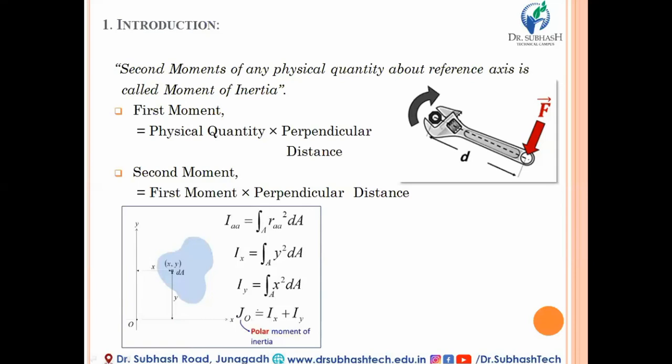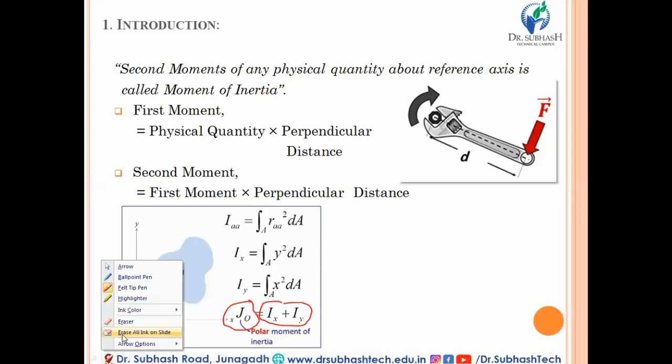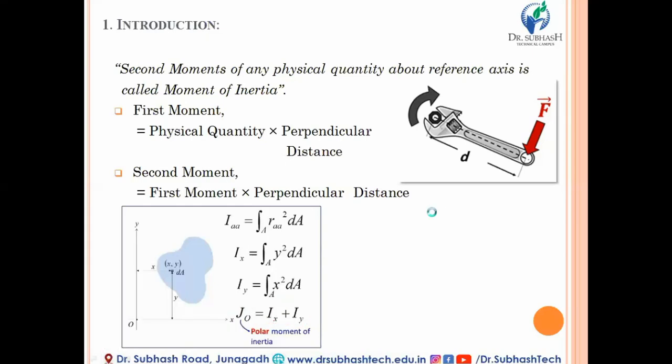And over here, suppose you require to calculate the moment of inertia about an axis which is perpendicular to axes x and y, that means the z-axis. So it will ultimately become the polar axis. The moment of inertia about the polar axis will definitely become the summation of the moment of inertia about the x and y axes. So this is the moment of inertia and its basic relation with distance and axis.